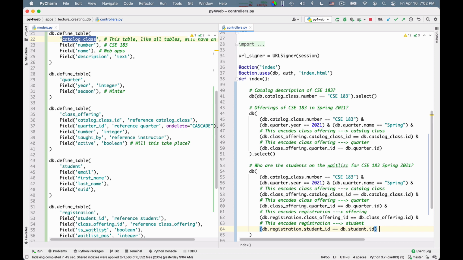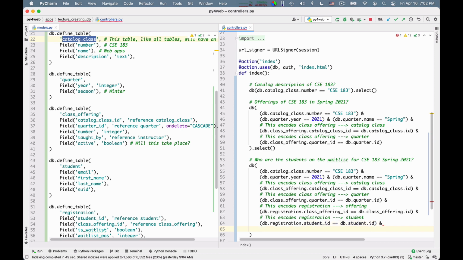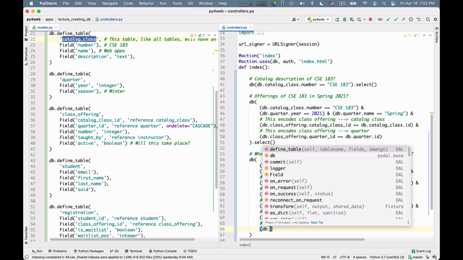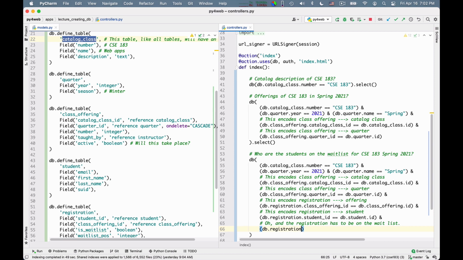And the last thing I need to do is check that the registration has to be on the wait list, right? So the last condition I put in is that db.registration is wait list is equal to true.